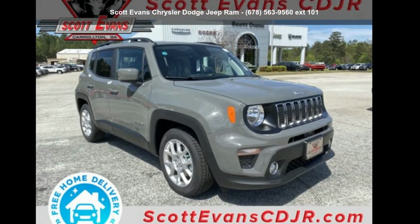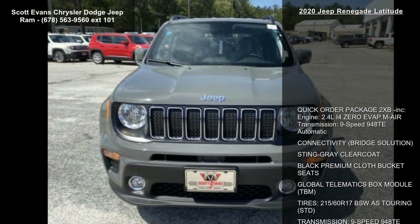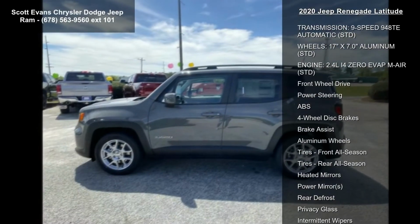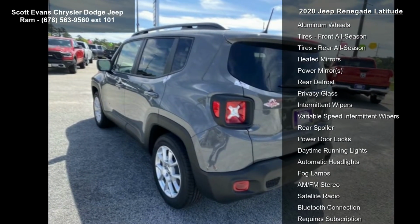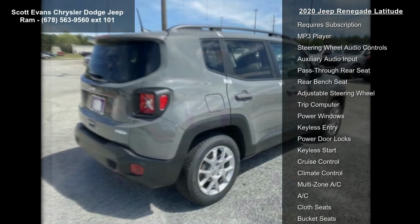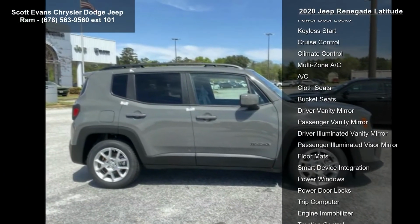Presenting the Jeep 2020 Renegade Latitude. If you are looking for a first-rate auto, this one could be yours today. Some of the top features included with this vehicle are Quick Order Package 2XB included, engine 2.4L I4 MultiAir, transmission 9-speed 948TE automatic, connectivity bridge solution, Stingray Clear Coat, black premium cloth bucket seats, Global Telematics Box